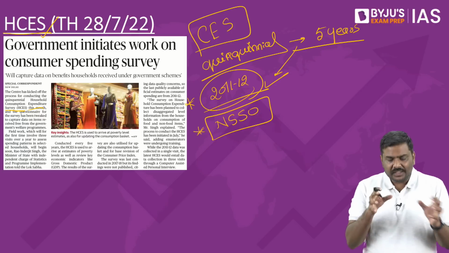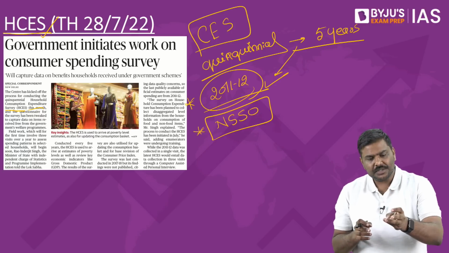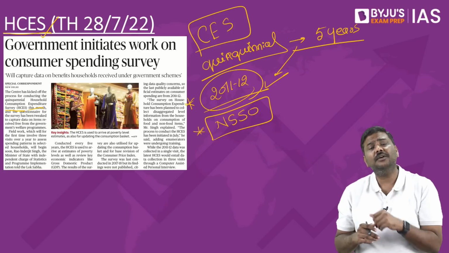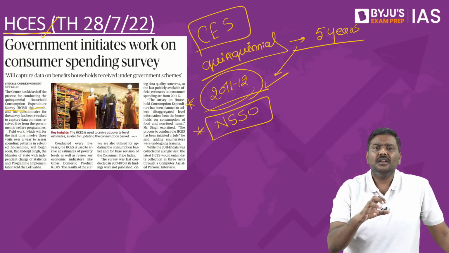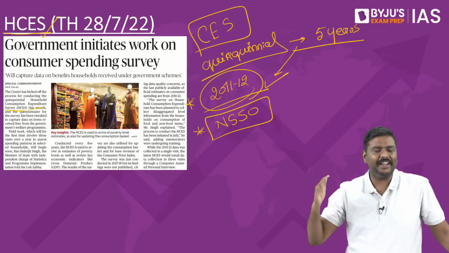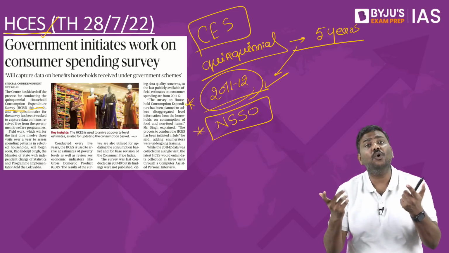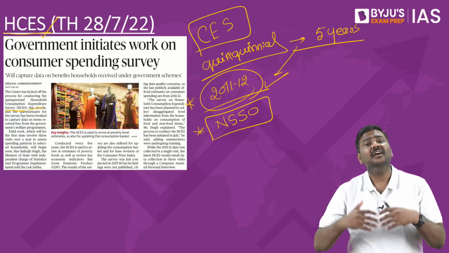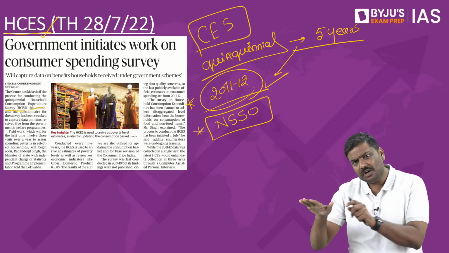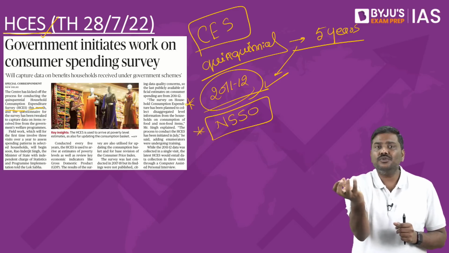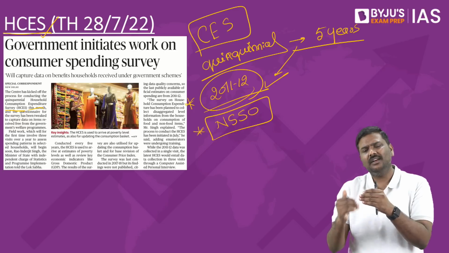Now, in this particular survey, what they do is, they will collect the data of expenditure on goods, services, food, non-food items, etc. and by collecting this data, they will estimate various other indicators. We consider the expenditure on food items as well as non-food items such as clothing, education, healthcare, etc. And this data is not only collected from urban households, it is also collected from rural households. Certain number of household samples are taken, and from these households the data will be collated and the results will